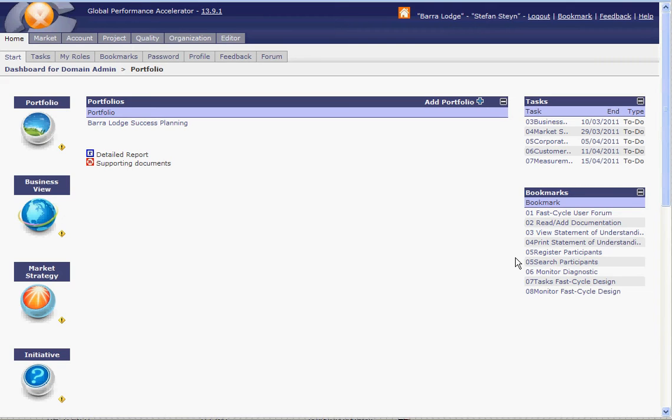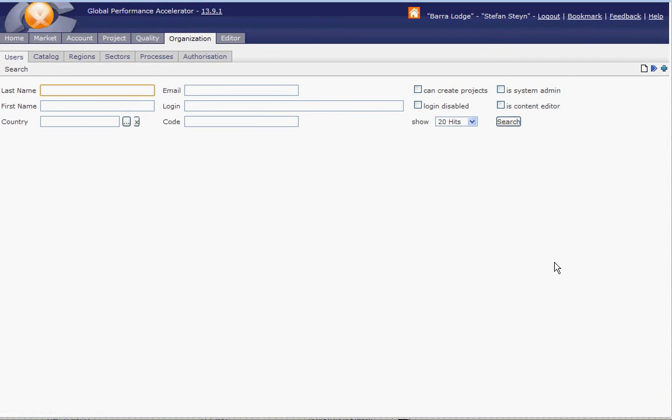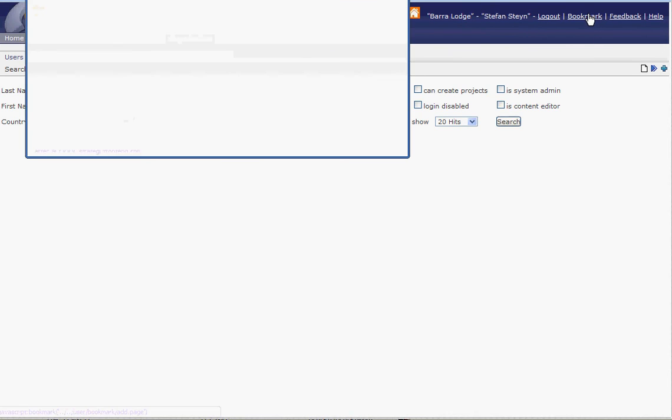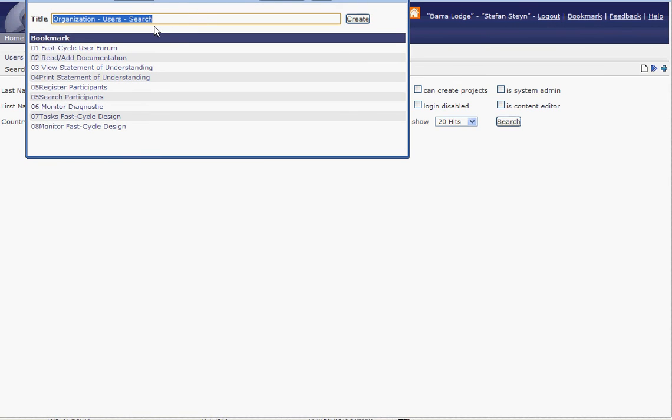For instance, if you want to search participants, then you go here. This is where we already have been in an organization, and in order to create a bookmark, you have to go to the page, say bookmark, and then you can put your own wording into this bookmark, and then you can create it.